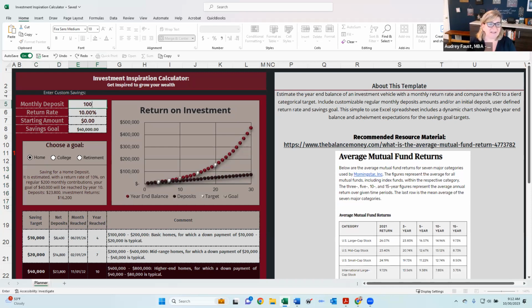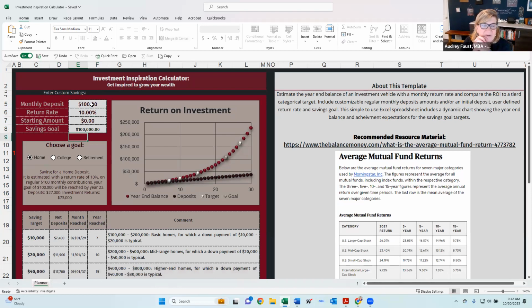So let's go back to this $100 one and 100,000, because this is kind of where I started. I read a Money Magazine article about this couple that saved $100 a month and had $100,000 in a mutual fund in 20 years. So I guess they were getting a little bit higher than a 10% rate of return.